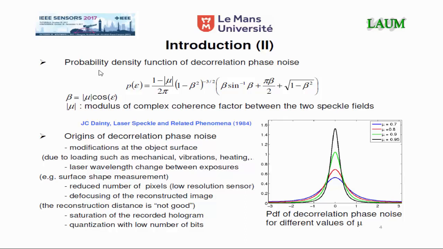Phase decorrelation is described statistically by second-order properties. Decorrelation can be highlighted from differences of two phases measured at two different instants. And the probability density function of decorrelation induced on the phase is calculated by taking into account the total number of speckles per pixel. This equation, as you can see on the slide, may be used as a relevant feature to compare decorrelation effects in the different studied cases, the correlation factor mu being a marker for the quality of data extracted from the hologram.